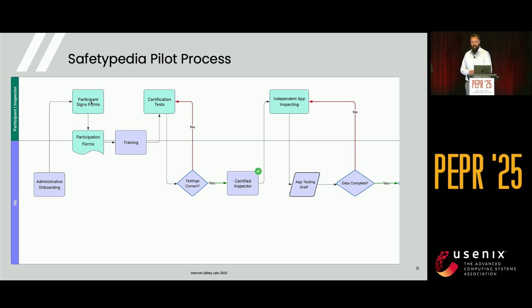The trainings last about 90 minutes, during which time we train the inspectors on capturing network traffic through a proxy, identifying key observations, including advertising, be it behavioral or contextual, and completing the app inspection form. After training, the inspector is given 2 apps to inspect on their own. And these are apps that we have inspected, and once they're submitted by the inspector,